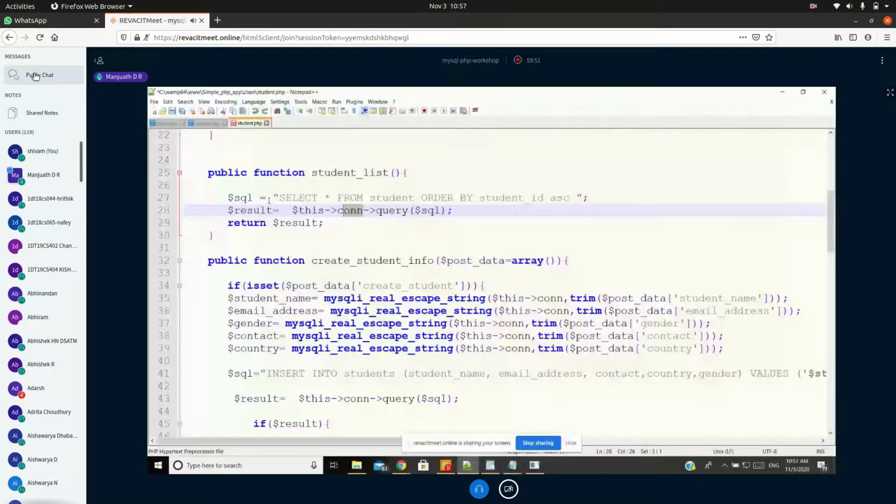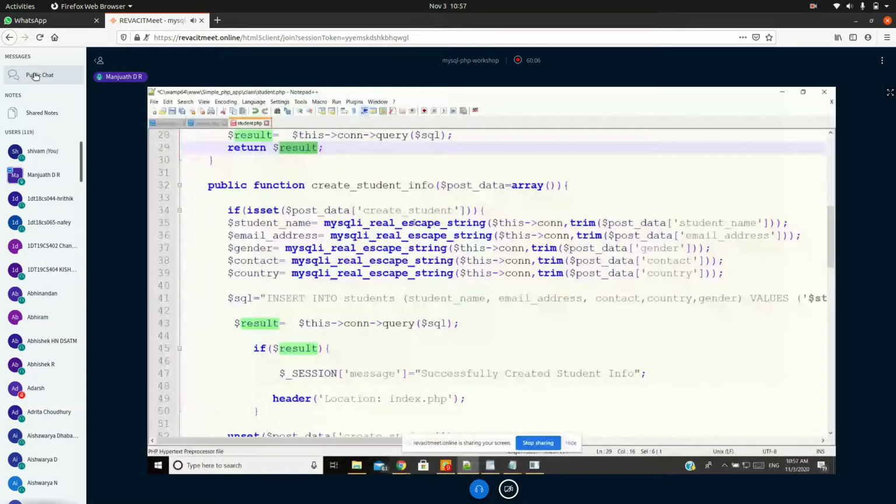The value should be stored in a variable. Now my result variable consists of select star from student, order by student ID. Wherever students is there, I'm going to modify it as students.